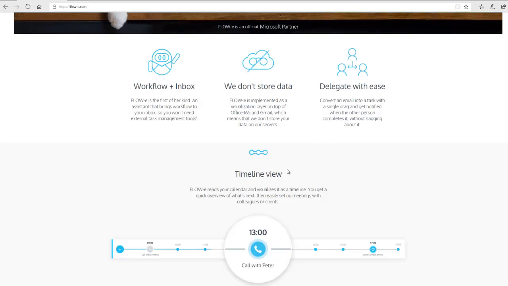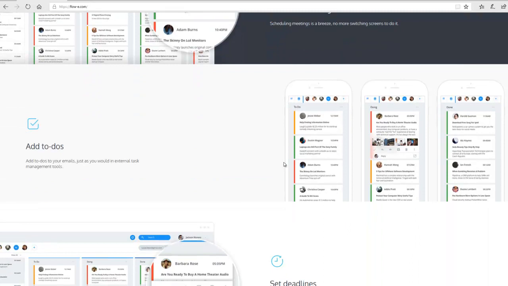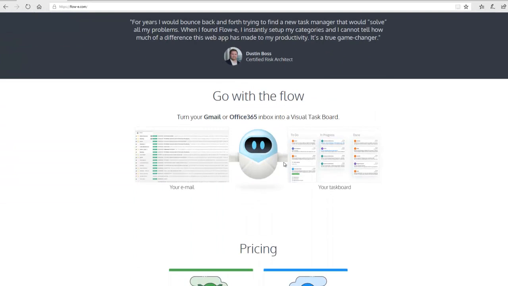There's a delegation and timeline. I haven't really explored those too much yet, but they're probably pretty cool once I dive into them. Just haven't had time for it yet. Real quick, they've implemented a way to schedule meetings from within the service. You can probably do the same thing within Gmail or Office 365 yourself, it just takes a few extra steps, and this allows you to very quickly set up meetings with people who have sent you emails. You can add to-dos, set deadlines, and so forth,